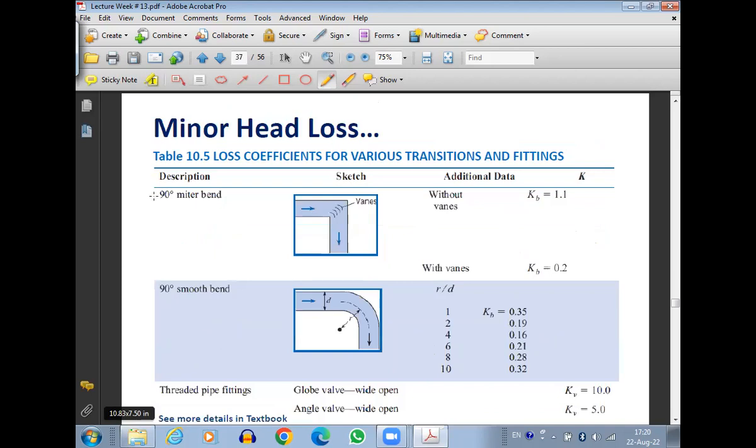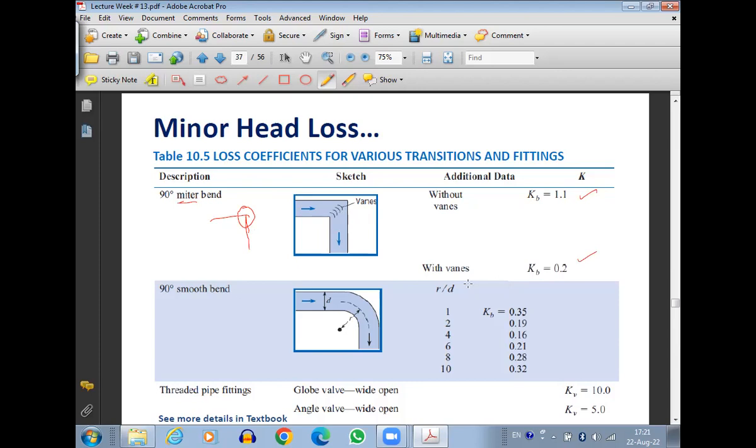Then we can also have the case of a 90-degree miter bend. A miter bend is one where you don't have any pipe curvature. So you have one pipe and you have another pipe, and this is basically a sharp edge. You don't have any curvature, so that is known as the miter bend. If it is a 90-degree miter bend with vanes or without vanes, these are the